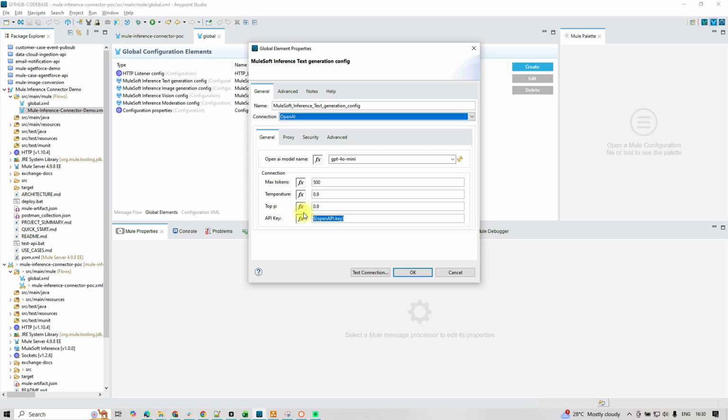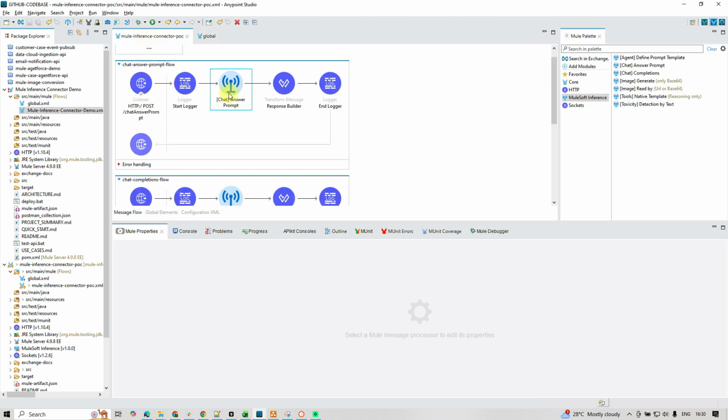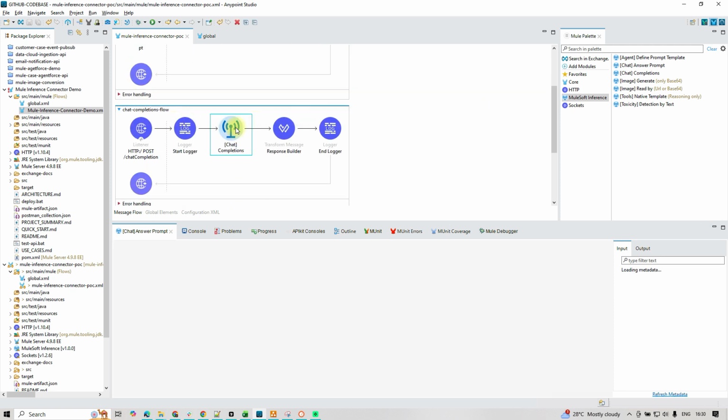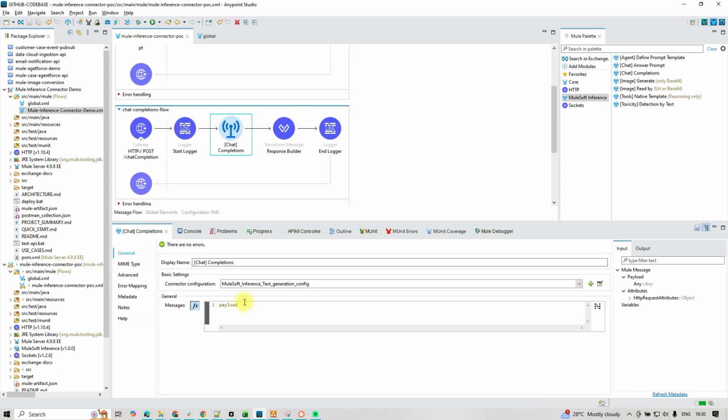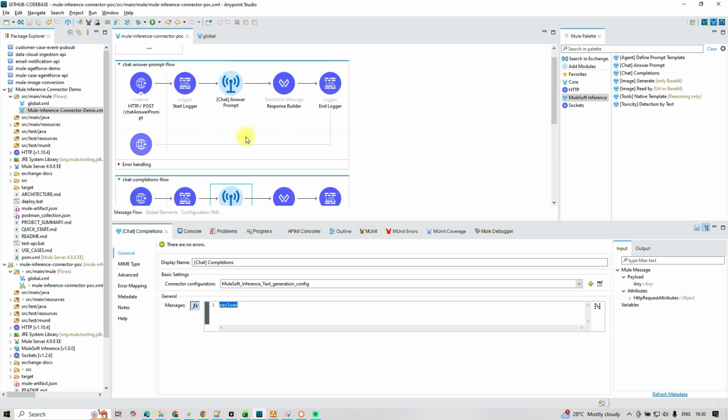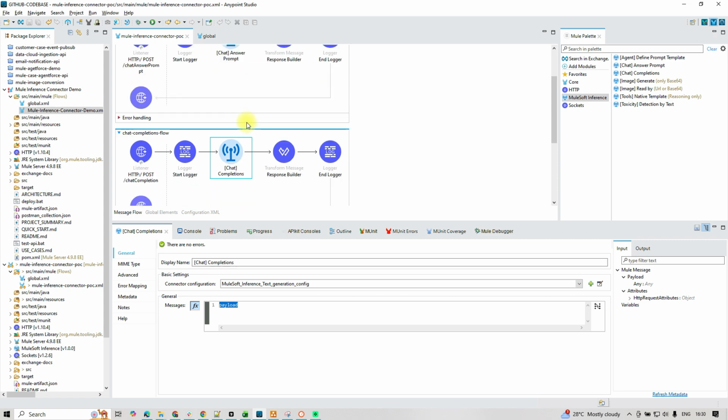These are the same configuration I have used here as well. In the chat answer prompt I'm going to pass this prompt. Similarly, in the chat completions one, I'm just going to pass the payload. The internal working mechanism and the way it takes the request is a little bit different. As part of the demo we are going to show this. So let's quickly check